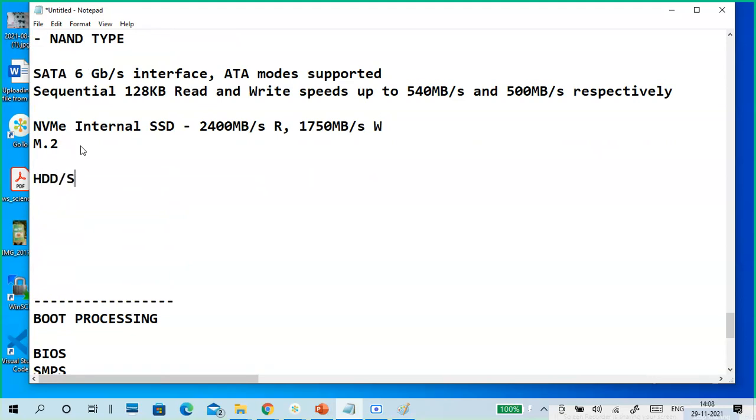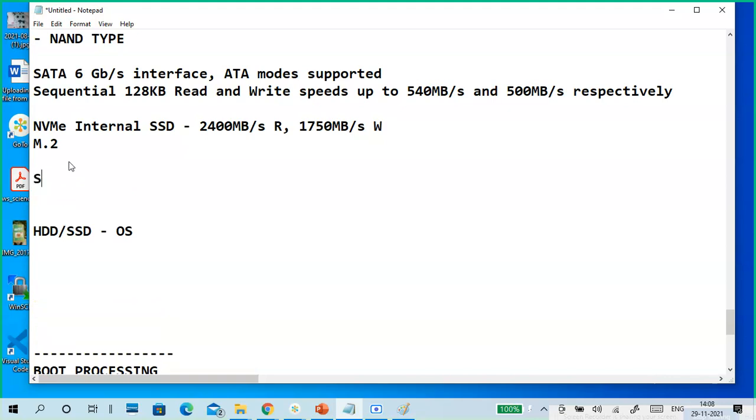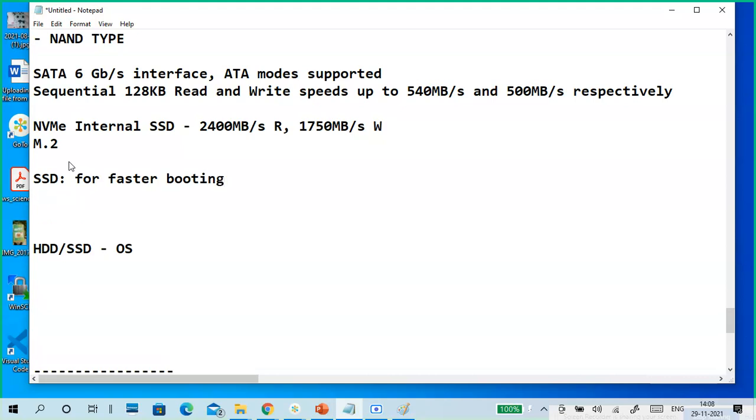So in a hard disk or SSD, anything is storage only. So when you put an operating system in a hard disk or SSD, generally it creates. So sorry, one more point I forgot: why do we use SSDs? For faster booting purpose, faster application run.